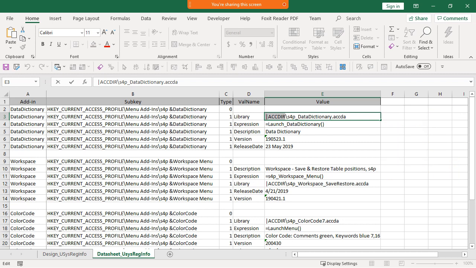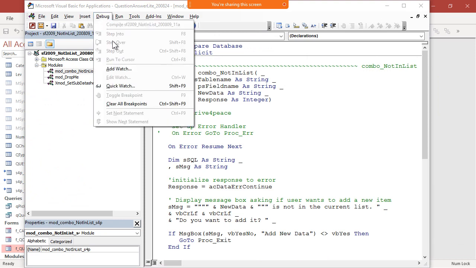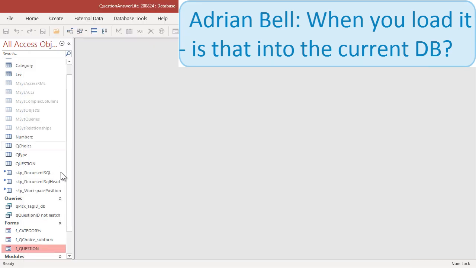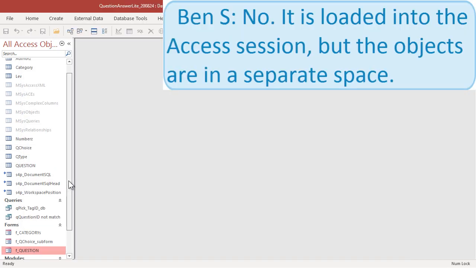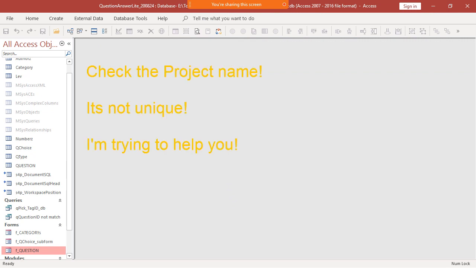I wonder if that was compiled. Oh, you know what? Let me see if this is compiled. Debug. Oh, it is. I just went through this morning and it worked. No. There's something else wrong with my add-in, but this is a cool little tool and I didn't even take